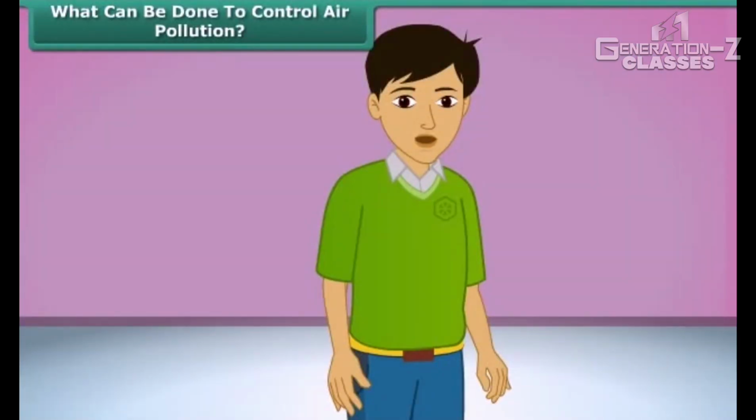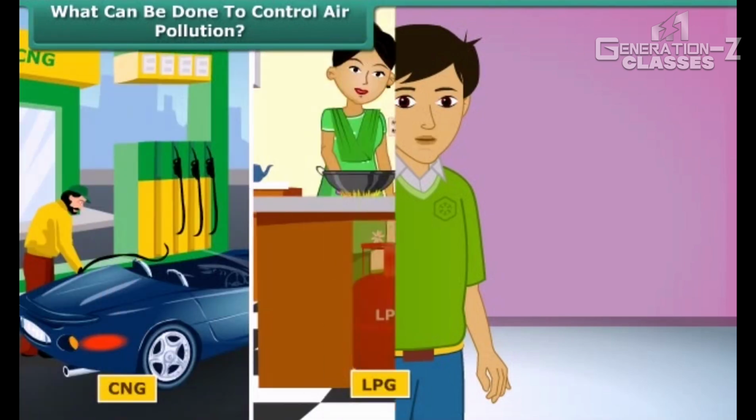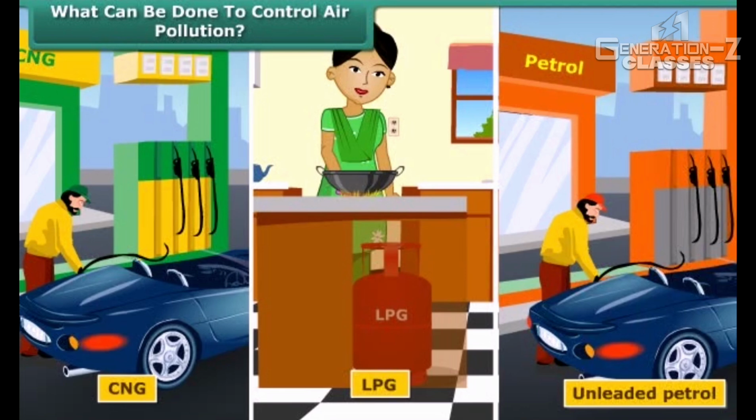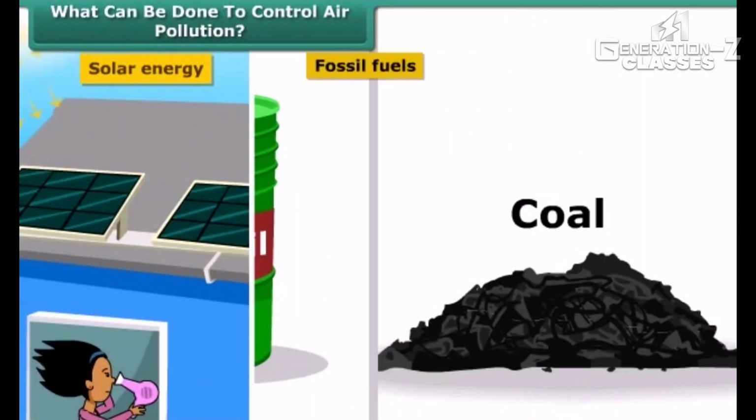Students, can you tell what we should do to reduce air pollution? There are many things we can do. We can use clean fuels such as CNG, LPG, and unleaded petrol. Instead of fossil fuels, we can use solar energy,